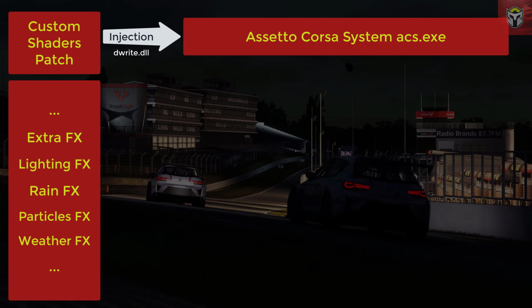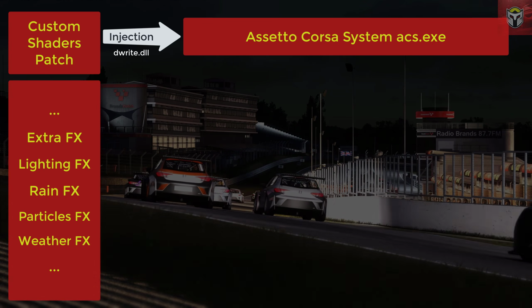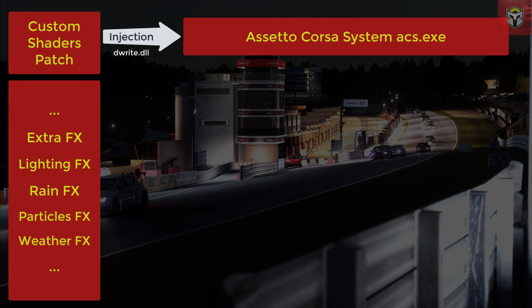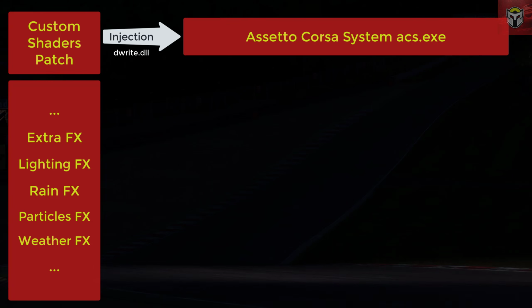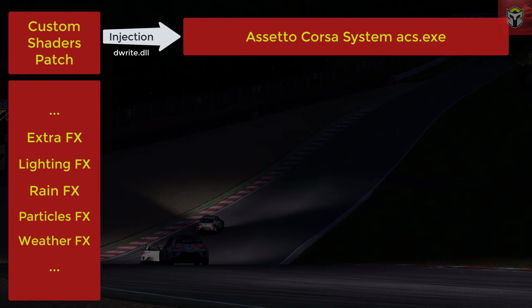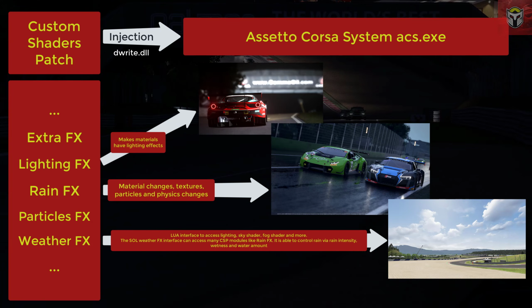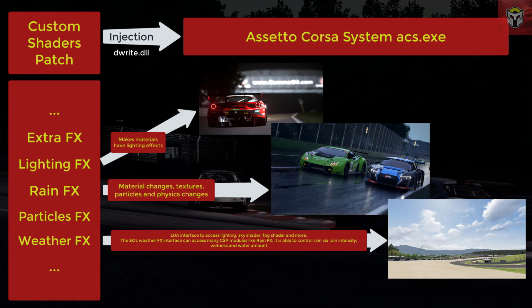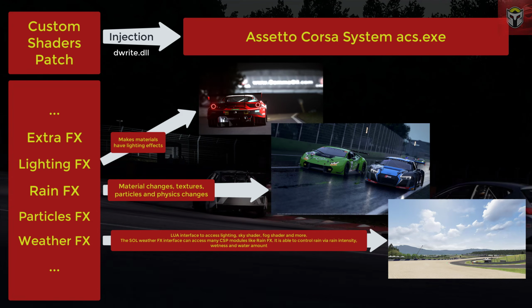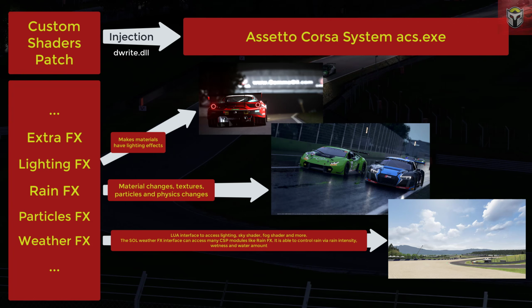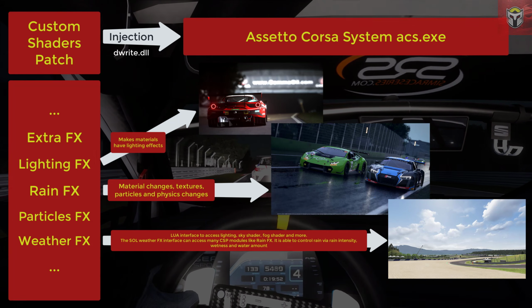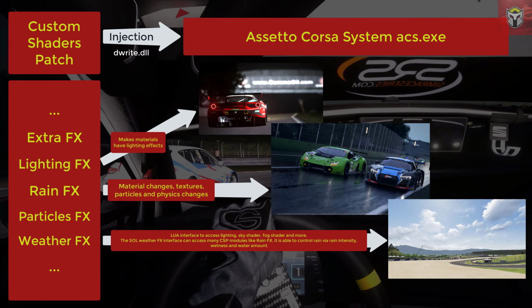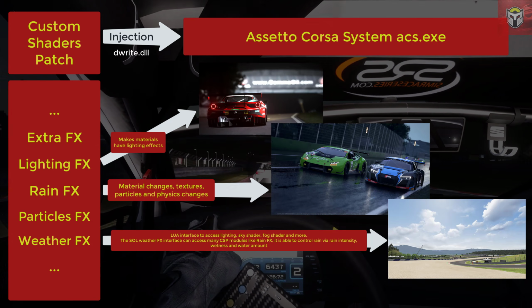It's important to understand then that everything in CSP is controlled by ini files. So all the different shader modules within CSP have their own settings and configs in the tracks config file, the car config files, etc., as well as your user files. Custom shader patch is also extremely complex, so modders are working on all of the integrations, for example with the grass and rain effects, the lighting effects, everything you can see here. And the CSP advanced feature set in CSP is placed on top of Assetto Corsa. That's what gives us all the effects that all of the modders are working on and enhancing the way that